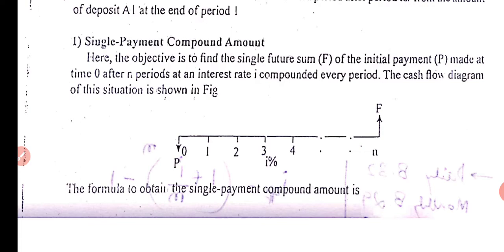Please, dear students, understand, we are not calculating interest here in these problems. Neither are we calculating the period. We are only calculating either the present amount P or the future amount F, and this can be either a single amount P or a single amount F, or an equal series amount annually. So only these things we are trying to find out. For example, in single payment compound amount, here I know the present amount P, so I am going to find out the future amount F.